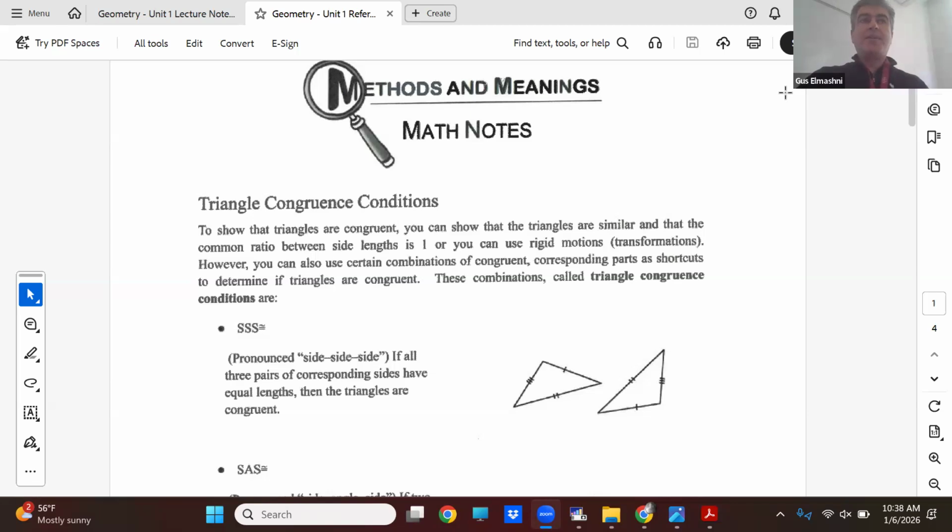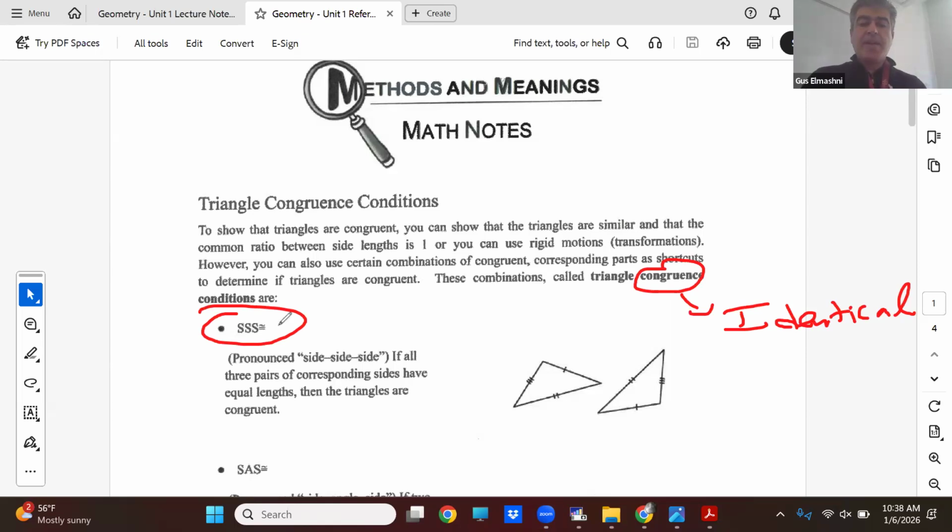Congruence means not just that they're the same shape, but also the same size. And there are going to be five ways of proving that triangles are identical or congruent. So when we're looking at congruence, it's all about the triangles being identical. We want to make sure we have just enough information to make that conclusion. The first one you're going to see, which is already spelled out for you, is SSS,